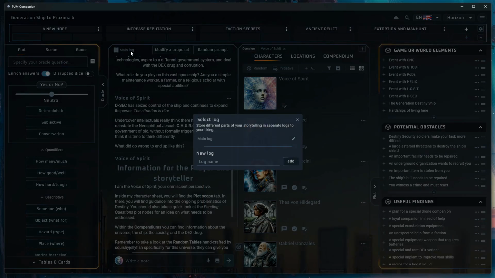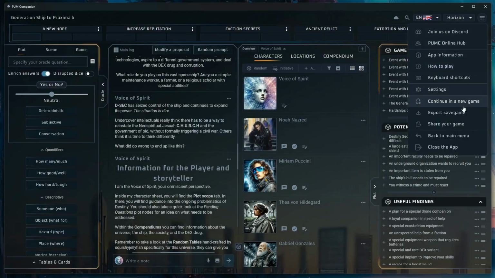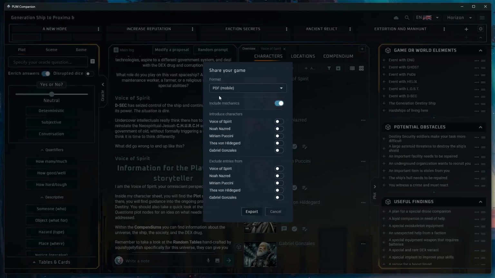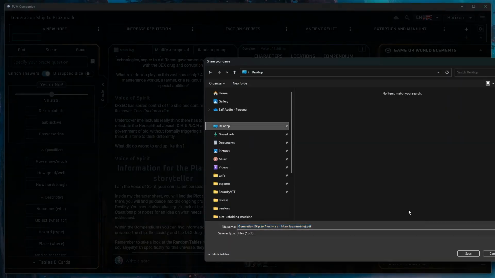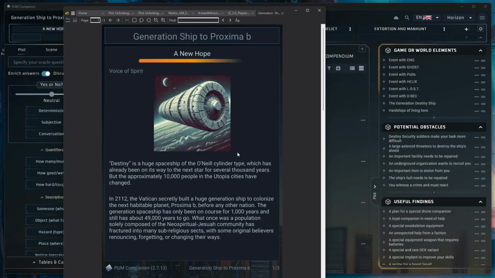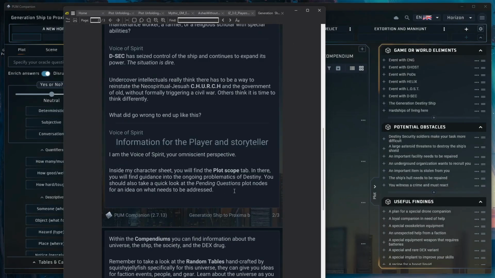Remember, you can have more than one log file in your games, and the Share Your Game button will only export the active log. With that said, you can press export here, generate a PDF file, and very easily read it and share it